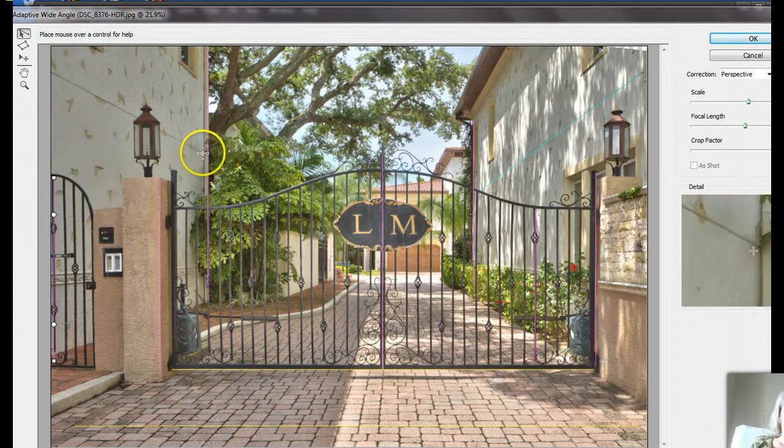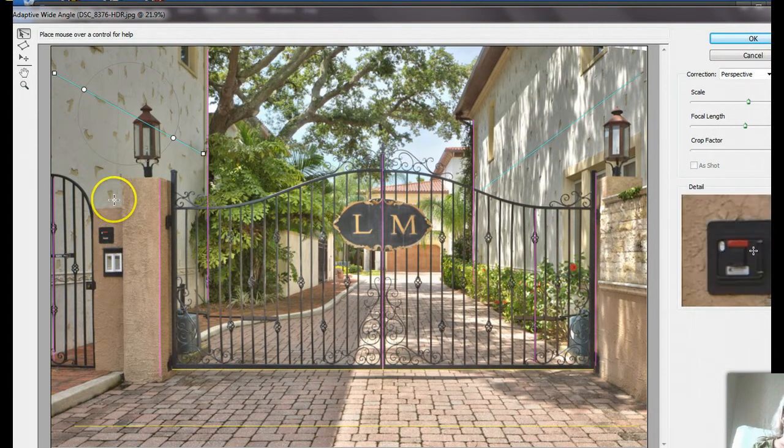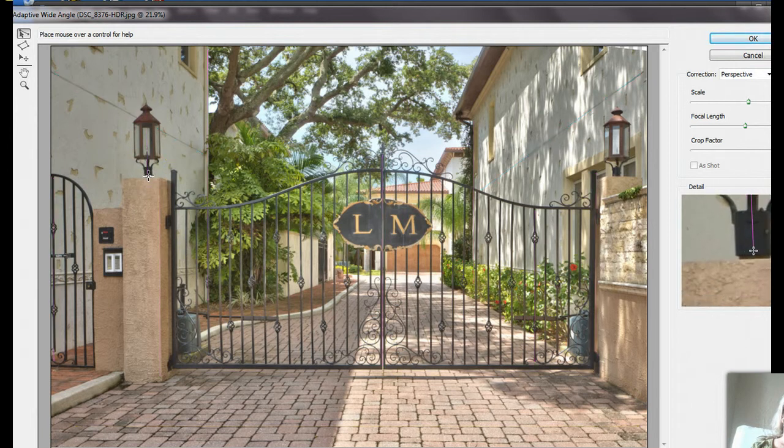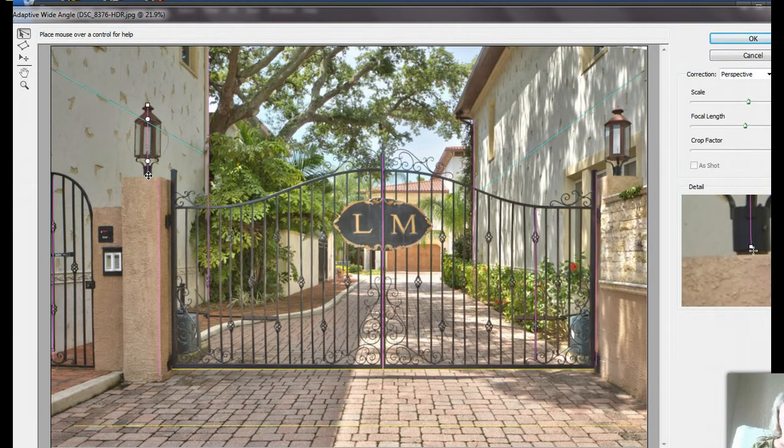I could straighten this, but remember, control click. It's pretty straight though. Sometimes you have a wide angle picture, it would be curved, but yeah, maybe you want to straighten up this little light here that's leaning a little bit. Take it like that, straighten it up. So it's a handy tool to have. Then you just click OK,